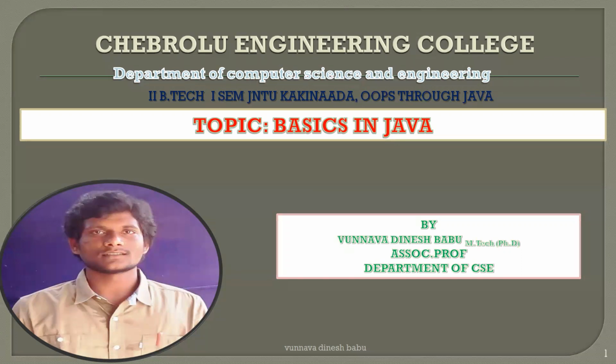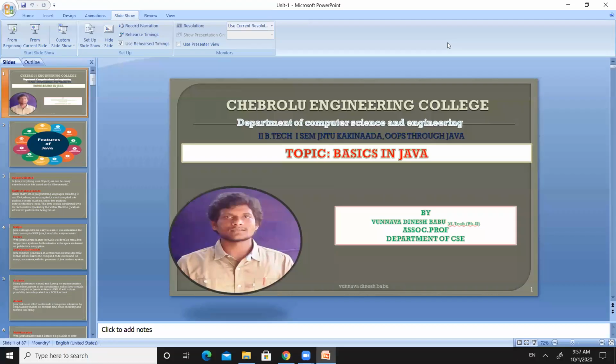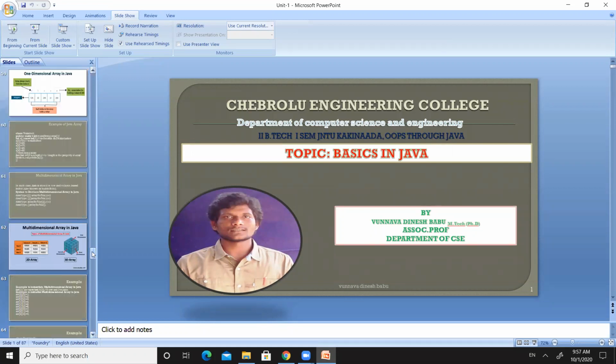In today's class we are going to deal with the usage of super keyword in Java. This and super are the two important keywords in Java through which we can access current class variables, current class methods, current class constructors. At the same time, super class variables, super class methods, super class constructors. So let us move to the slide of super keyword, where we can find the usage of super keyword in Java.